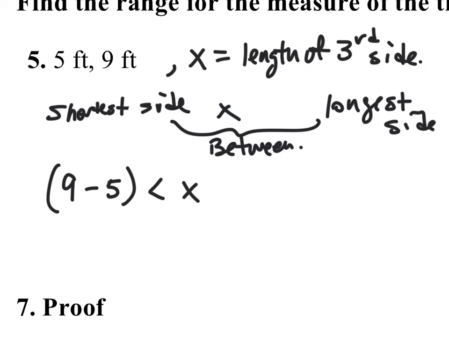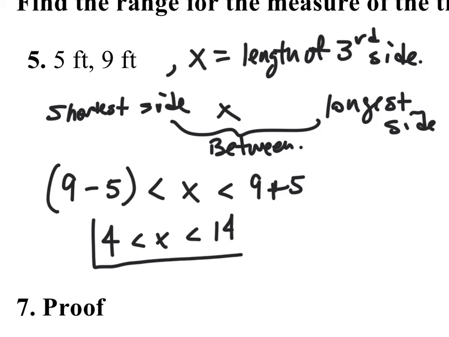Okay, and then I'm going to take the longest possible side, which would be 9 plus 5. Okay, so I'm finding the difference between the smallest and the largest, and I'm finding the sum of these two sides. And so if I took 9 minus 5, that would give me a length of 4, which would be less than x. And then I would take 9 plus 5, which would give me 14. Okay, and so I know that my value for x, my possible third side, would have to be between 4